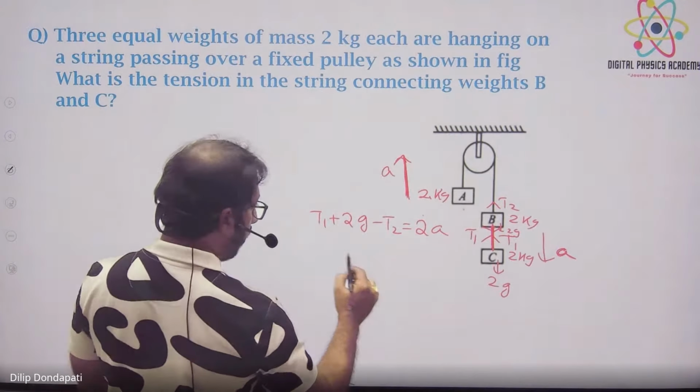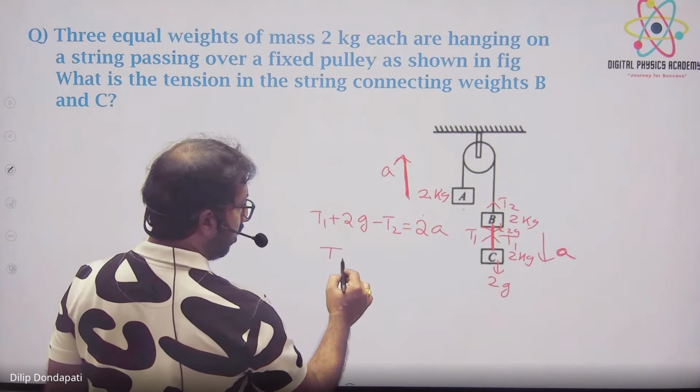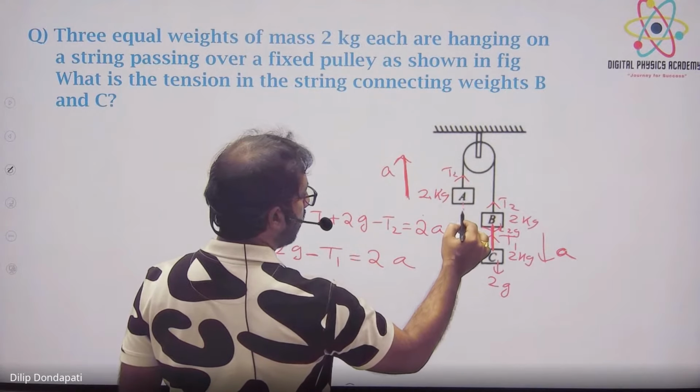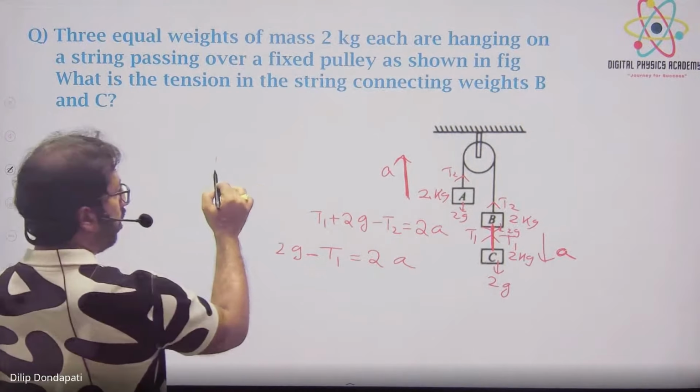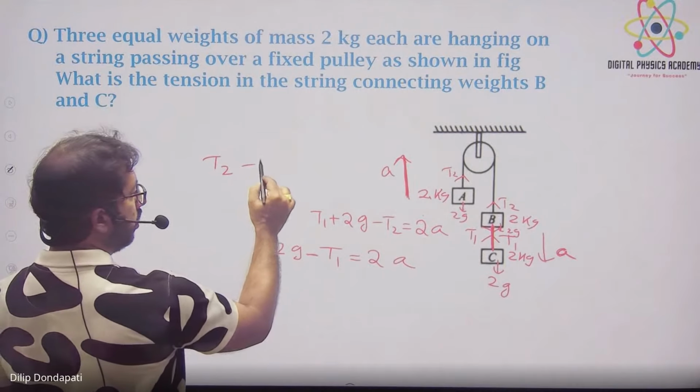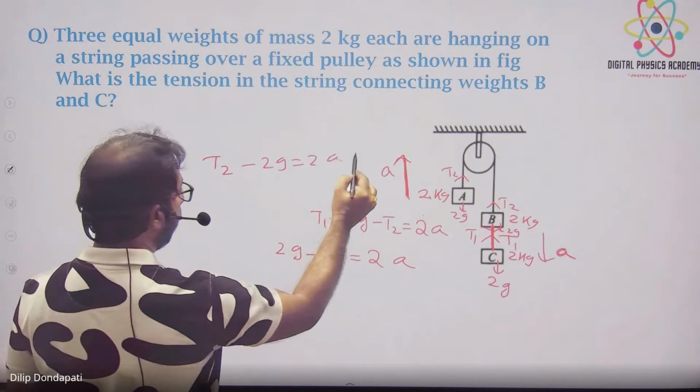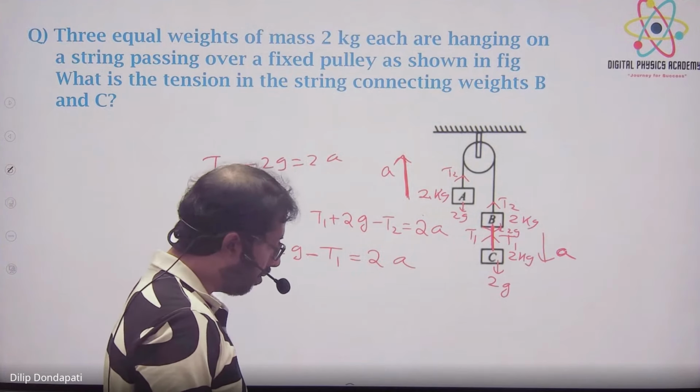Since इसका acceleration क्या होगा? 2g minus T1 is equal to 2a. Now solve. So for block A, it'll be T1 minus 2g is equal to 2a. For block C, इसका acceleration is 2g, so ऊपर T2 minus 2g is equal to a. So 200 by 3. 200 by 3 decimal बोलो।